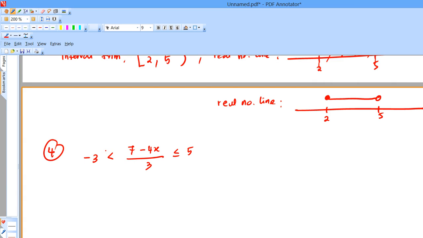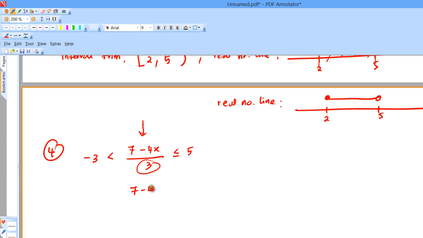For these inequalities, the first step: since we have a fraction, we can multiply both sides by 3, since it is a constant. But if we have a variable, we cannot do that. So we get